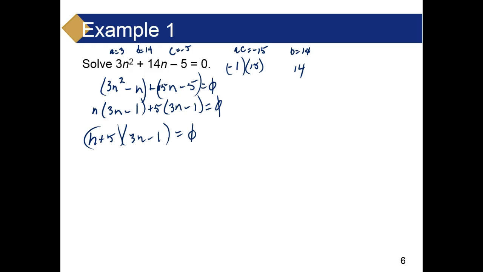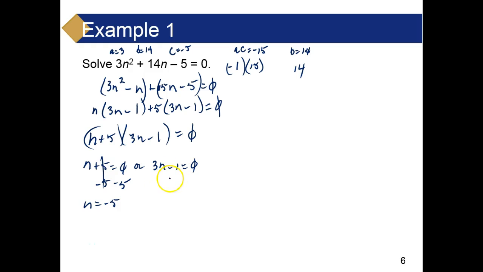Set each of them equal to 0. So the first one would be n plus 5 equals 0, or 3n minus 1 equals 0. The only way you can have 2 things multiplied together giving you 0 is one or the other of them has to be 0. And what do we do with the first one? Subtract 5 from both sides, and that gives us n is equal to -5, or